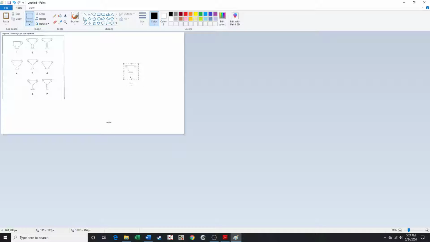I can now move this anywhere I want, and then when I unclick on it, it's stuck like that. So you might want to know how to use the undo button, which is up here in the top left, or you can use Control Z, which will undo it as well. You can also, if you don't feel like going all the way up here, or moving it around like this,